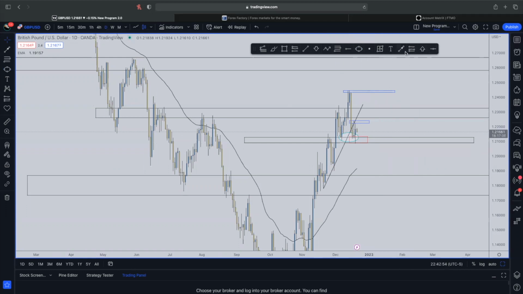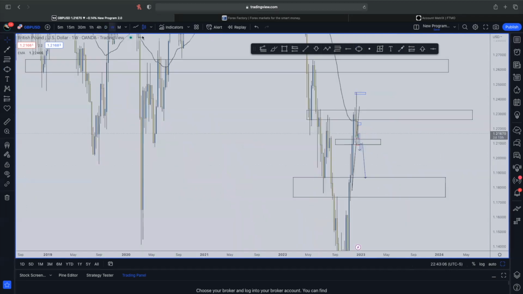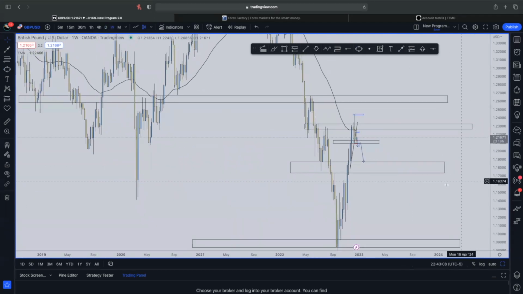That would be a breaker structure, and what I'd be looking for is a break under. Once we retest a little bit on the lower time frames, my entry would be here in this area and then go short down to target 1.18739. In terms of the weekly time frame, the reason why I also can see myself going short is because